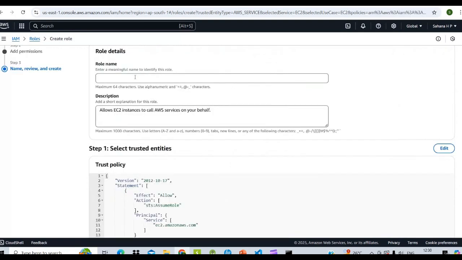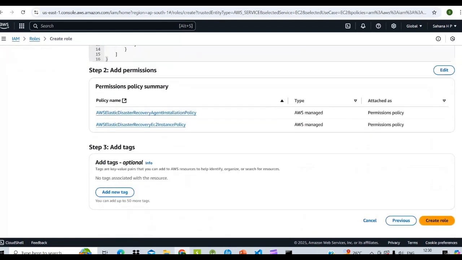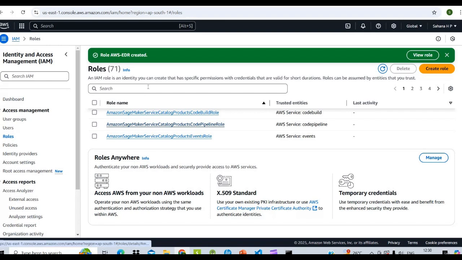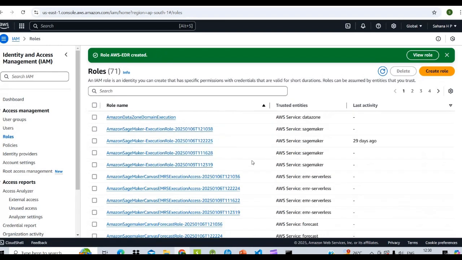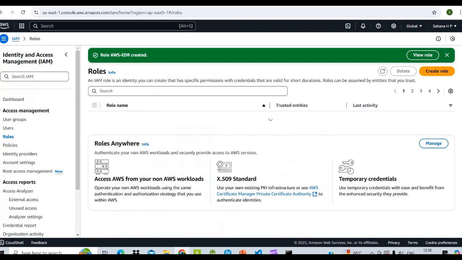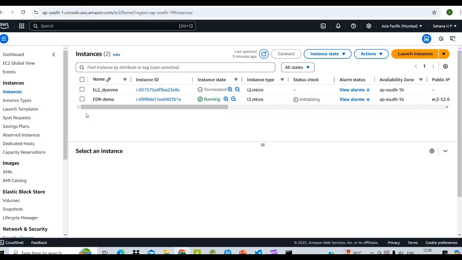Give the role name AWS Elastic Disaster Recovery. Then click on create role. Here we can see the AWS EDR role is created successfully. The next thing is we need to modify the IAM role. Go to the EC2 instance and select the instance.